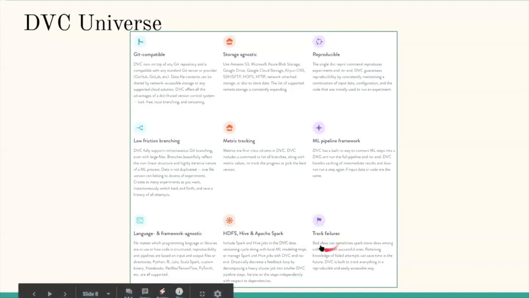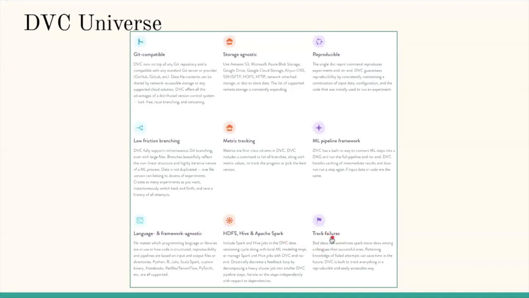It can also track failure. Since it's tracking metrics, you can understand which experiment failed, and you can debug why, and maybe fine tune certain parameters to get a better model. I know it's a lot to take in. It has a lot more features than this, and we'll understand how to use this with a demo.